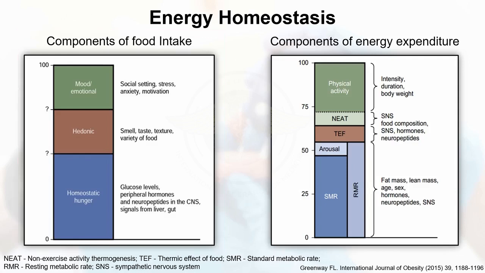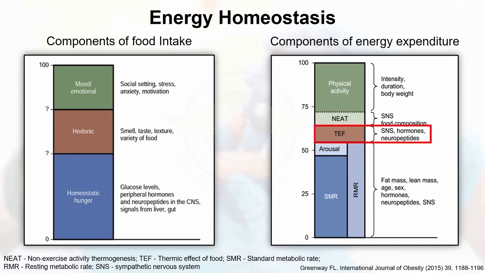Now coming to the components of energy expenditure, this I will take 5 minutes because this is a very interesting explanation. How do we spend the energy? So we eat calories, how do we spend it? So we should remember that even when we are resting, RMR, resting metabolic rate, or SMR, sleeping metabolic rate, we are using at least 60% of our expenditure of calories. It happens at that time. Why? Because we need calories to do our normal bodily functions, right? So that is when we are even resting.